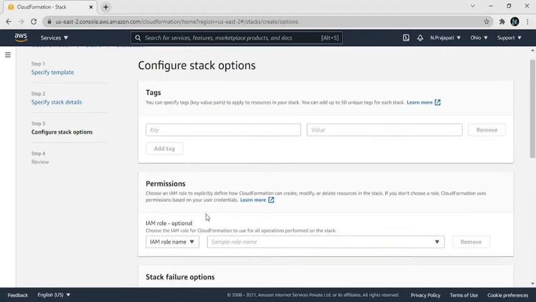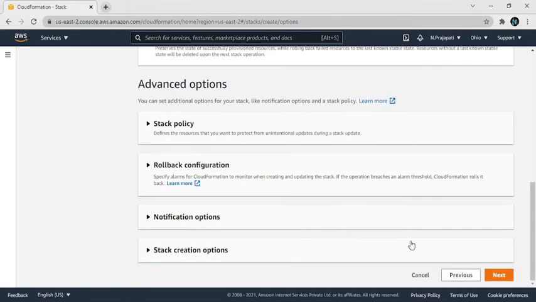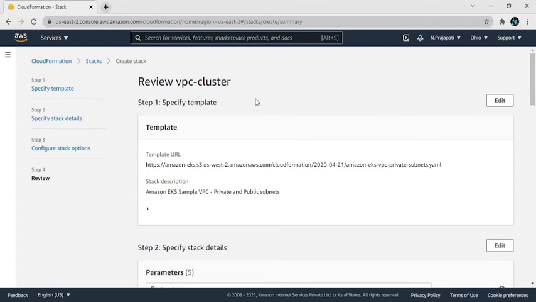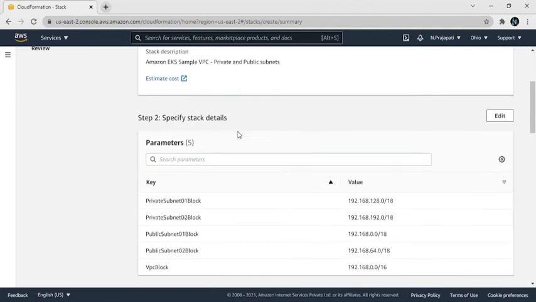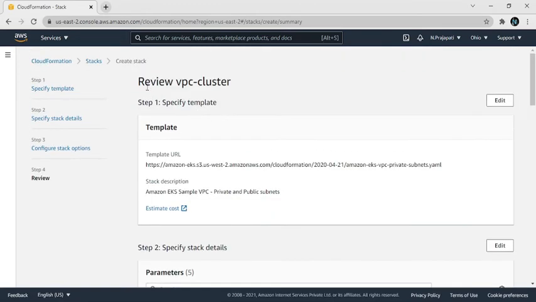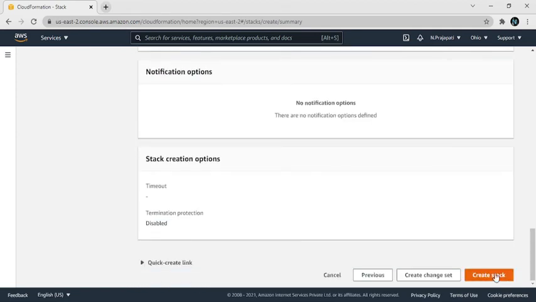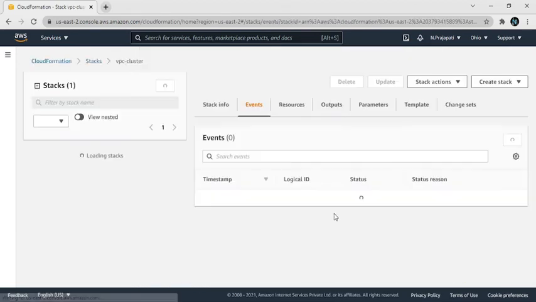Here are tags and permissions, which I leave as default, and scroll down and click on next. Now the parameters and review of the specified template. Go through the review and create the stack.